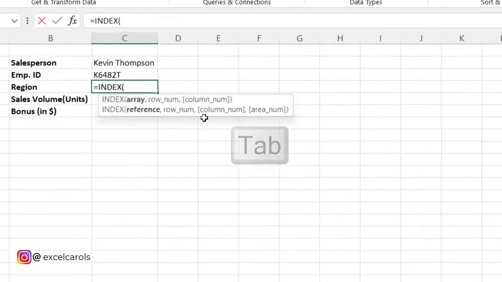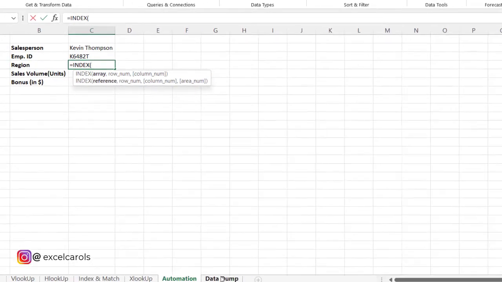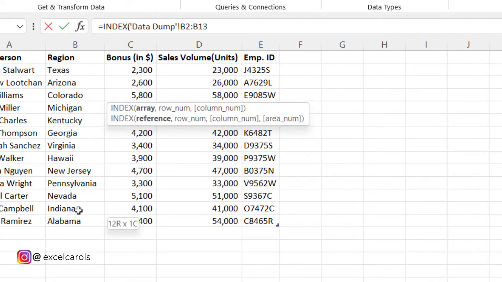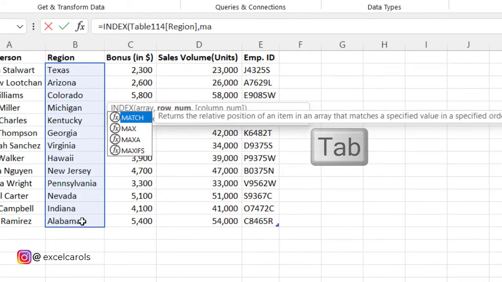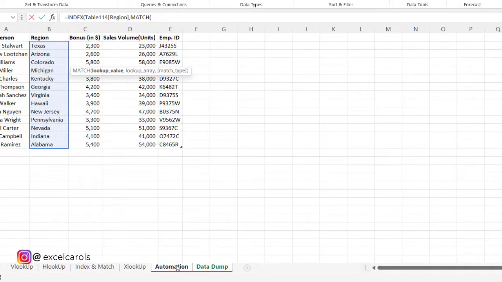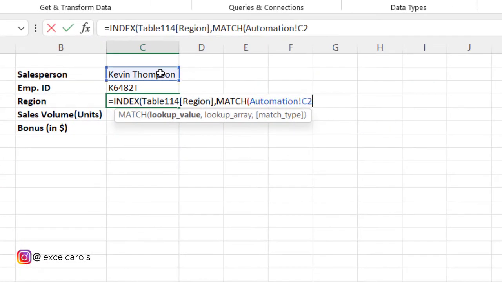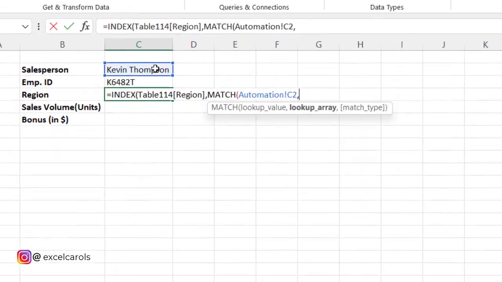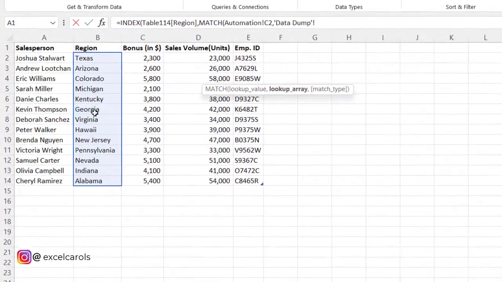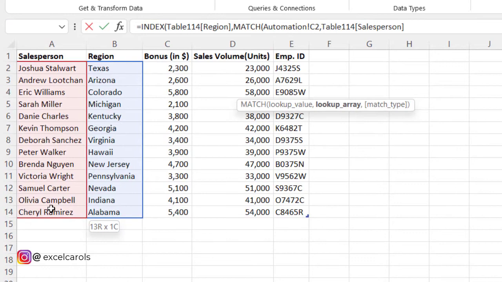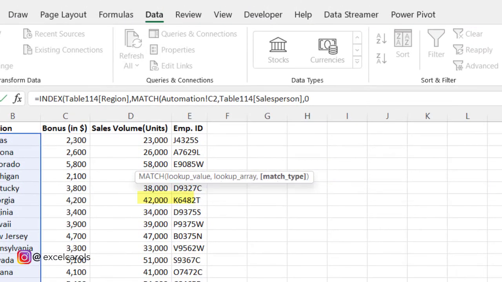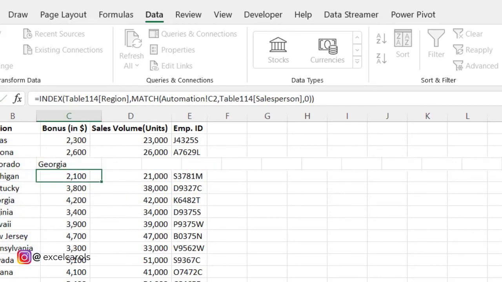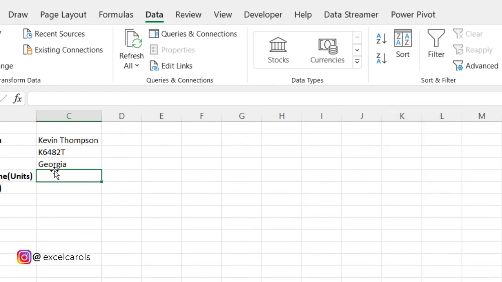So select index, then the set of regions here, enter match, the lookup value which is the salesperson, then the lookup array which is the set of salesperson here, exact match. Be very careful with the brackets again, press enter, and we have the region.